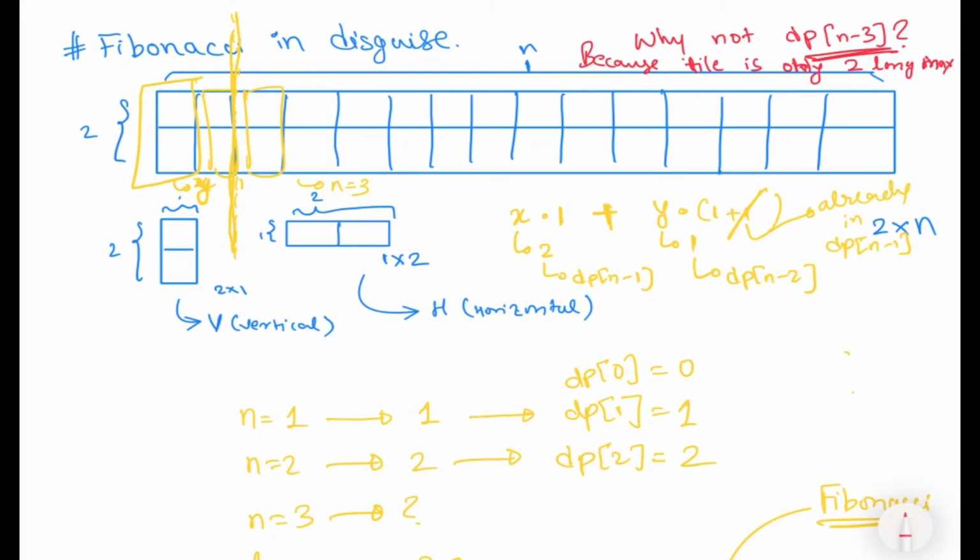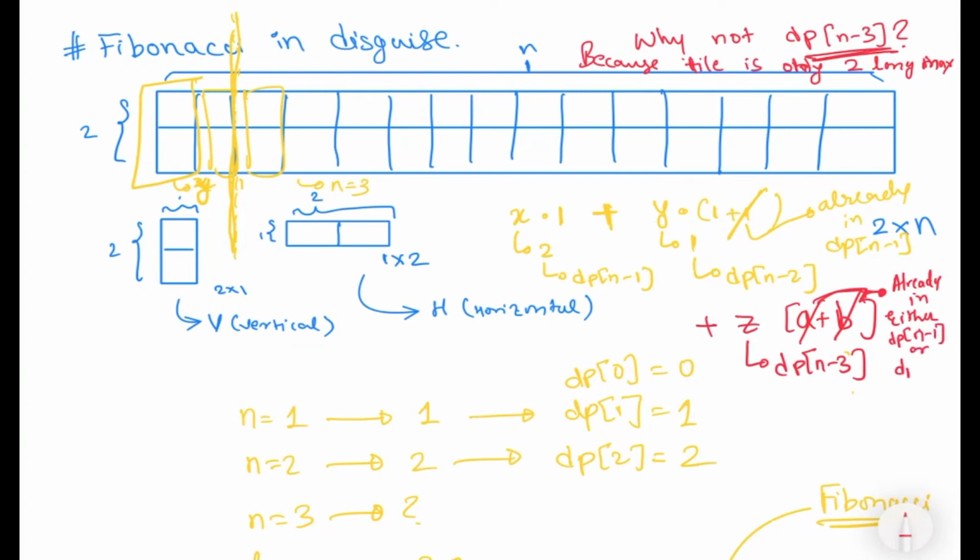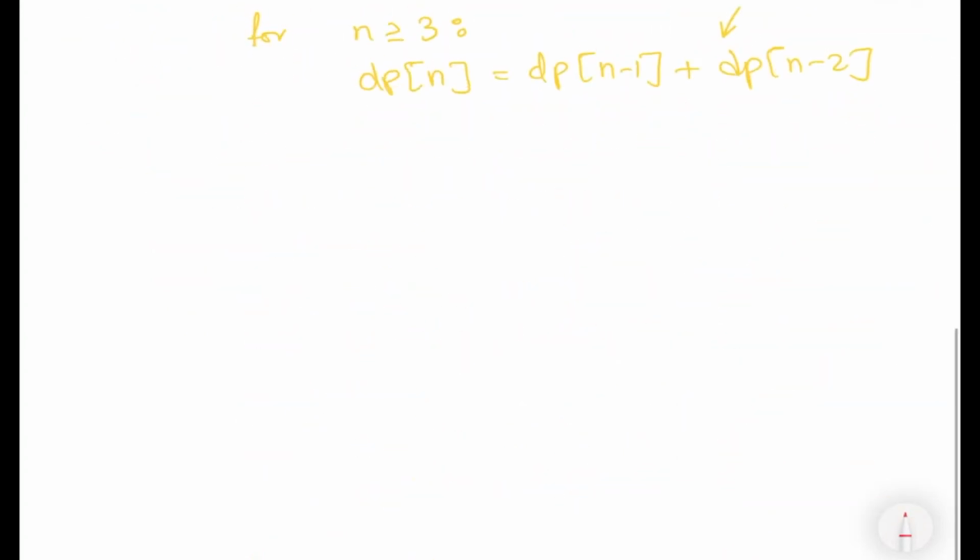anyway, if we did go for n minus 3, what will mathematically happen is we will have, let's say, plus z. Z will be dp n minus 3, and z will be multiplied by 1 plus some a plus b, 1 plus 1, a number of times. All the quantities under this bracket will cancel out, because they have already been considered either in dp n minus 1 or n minus 2, because the maximum size of the tile was 2. So there is no other possible scenario, and thus it will be dp n minus 3 into 0. So the entire term cuts out in the addition.